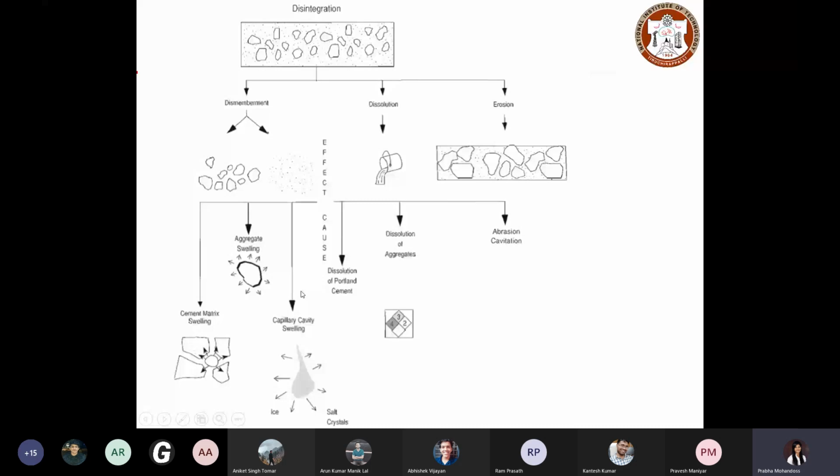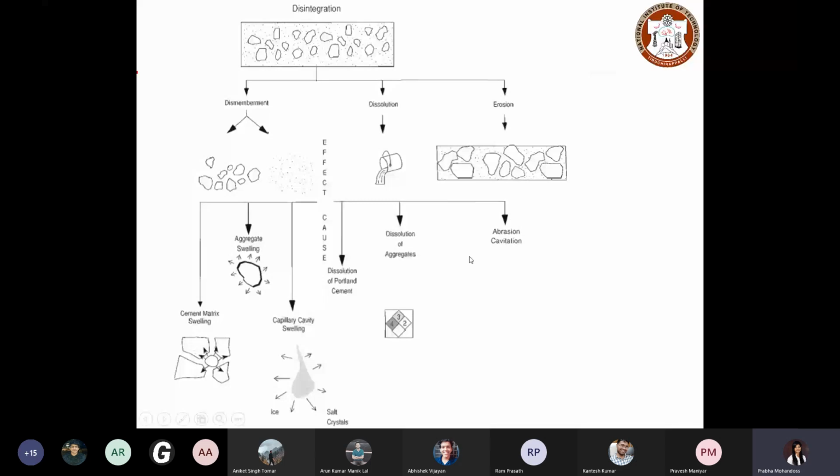And so in this case, when you have dissolution, your cement particles can get dissolved, and that may lead to some other reaction, and thus the reactant product could lead to disintegration, and similarly you will have dissolution of your aggregates. So this erosion comes under abrasion and cavitation. Depending on how severe the friction force is acting on the surface of your concrete structure, that will lead to such issues. In detail about these things we will look in the coming lectures. And before getting into that, I just want to cover this curling and warping of concrete slab on grade.